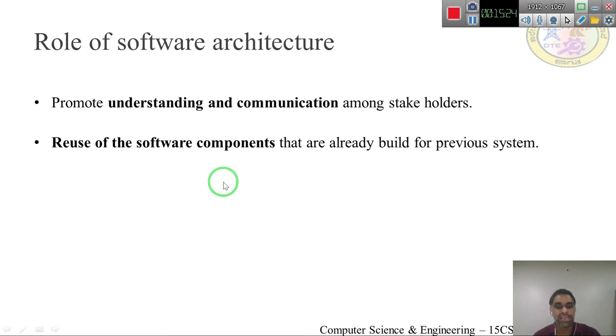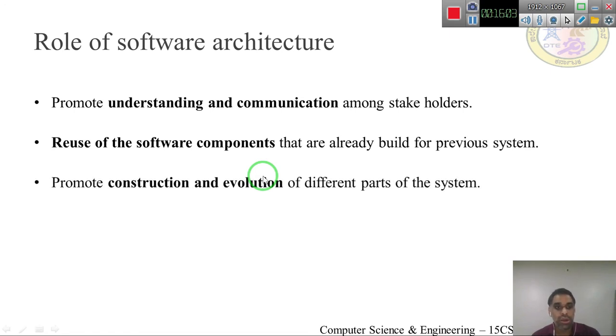Then the architecture has to be chosen. Whichever architecture it is, how should it be chosen? It should be chosen in such a manner that the components which have to be reused should fit properly and together with the other components. So when you choose one component architecturally, it should be reused in such a way that it fits properly together with the other components, so that they provide the features that are needed. Fine. So this is the second role.